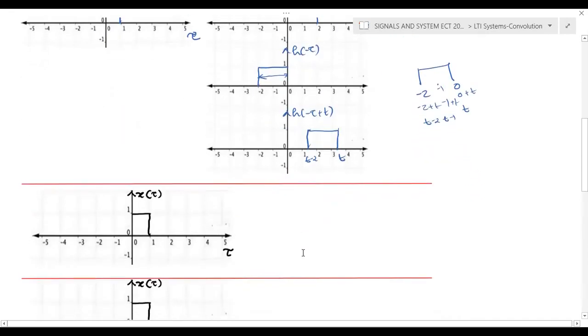Now we'll start the problem. We will fix one waveform. Let x of tau be a fixed signal. Now we need to draw h of t minus tau. Again, the first case we will take this h of t minus tau towards the left side of x of tau. So here you can see that t is less than 0. This is the starting point of x of tau, and this is h of t minus tau.